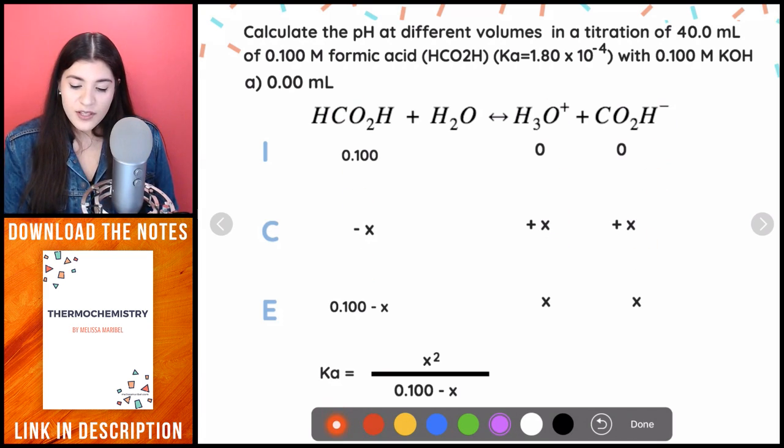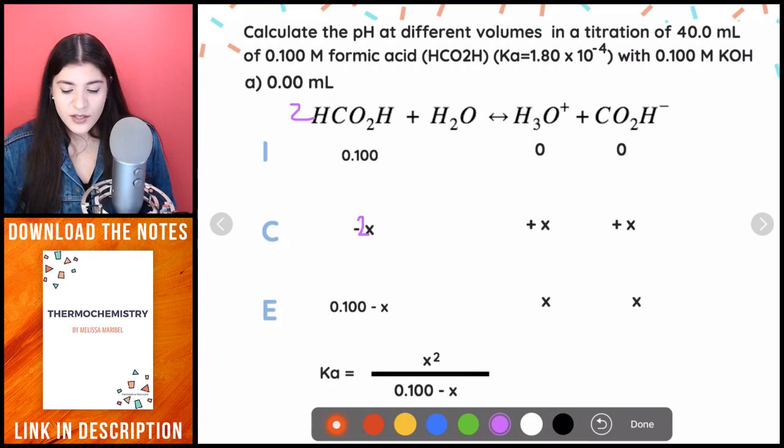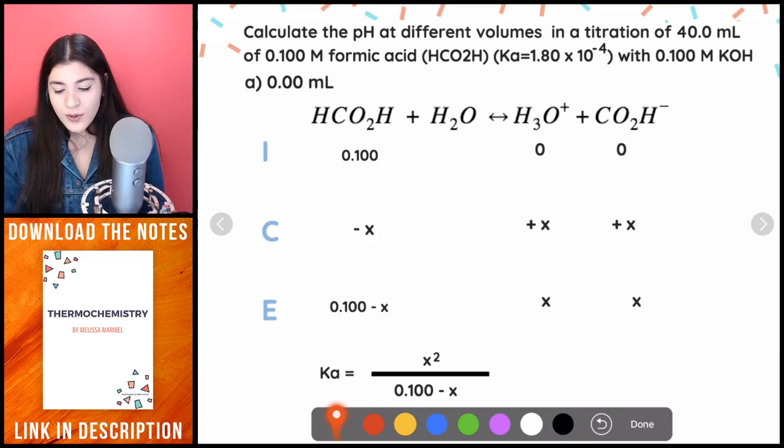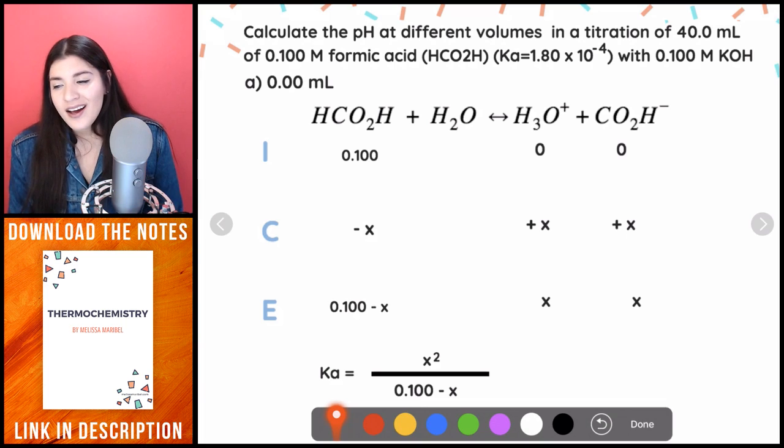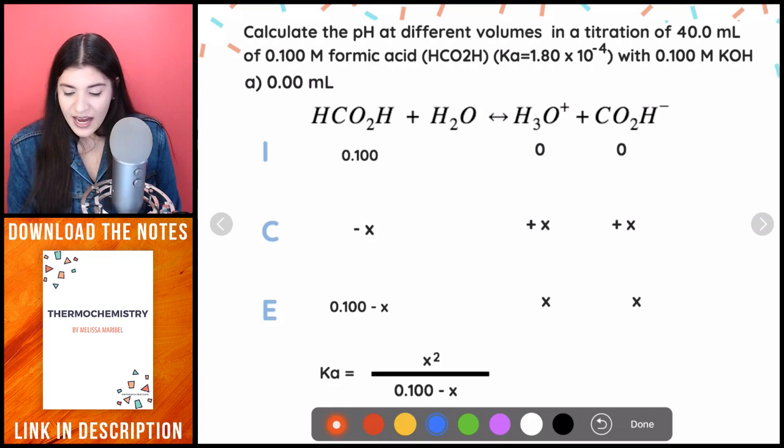One little note, if this were a 2 in front, then this would have been a 2 in front. So it does depend on whatever coefficient we have. But in this case, we don't have that. Okay, now we're going to keep going, and the E stands for equilibrium. When this is at equilibrium, what that means is the chemical reaction is balanced. That's essentially what we talk about with equilibrium. Now, what I would do is I would combine these all.